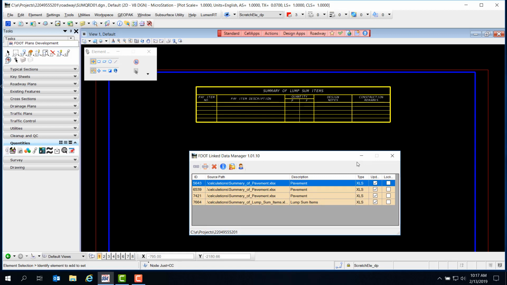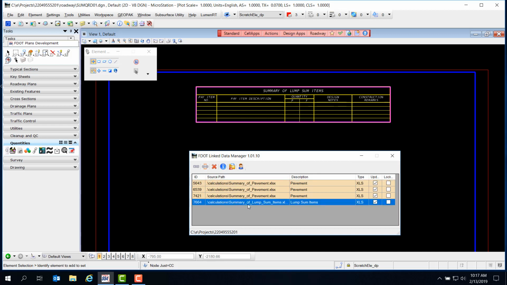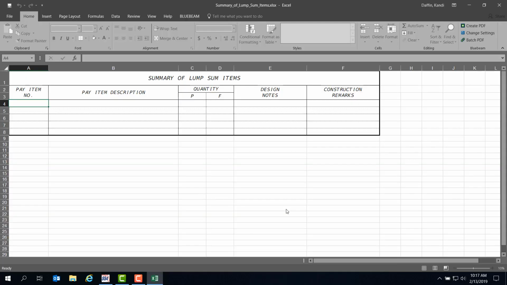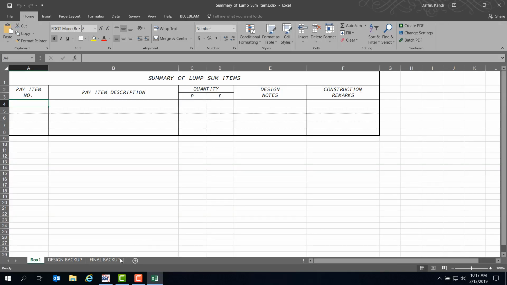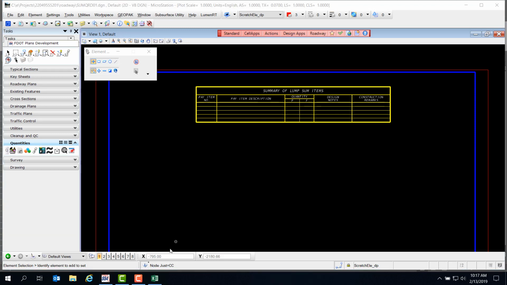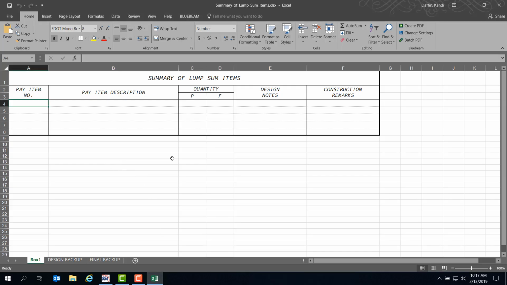Now we need to add the quantity data. So let's highlight the Lump Sum Items link in LDM, then right-click and select Open Source. Don't forget, we can close LDM out if we're going to be away from it for too long, to make sure that it doesn't crash. Back in Excel, and following the training guide, we want to enter the pay item number